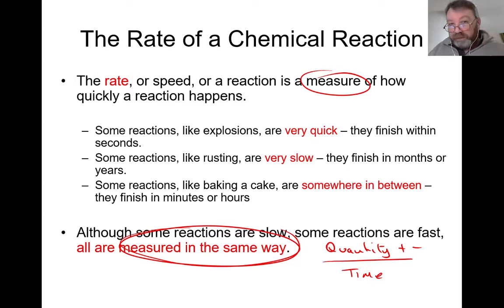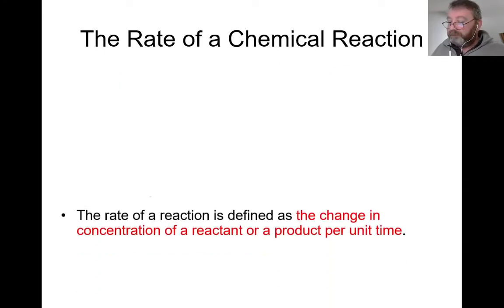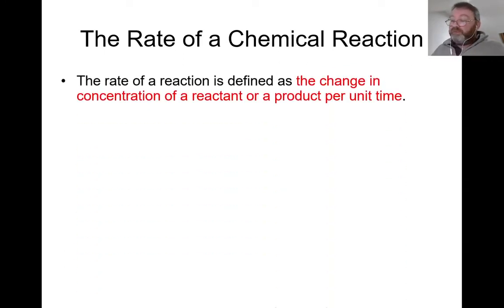So it's the quantity that you're losing or gaining over the time taken to lose or gain that quantity. The rate of a reaction, and this is the definition because it's all in red, so this is something that can be asked in the exam. The rate of a chemical reaction is defined as the change in concentration of a reactant or a product per